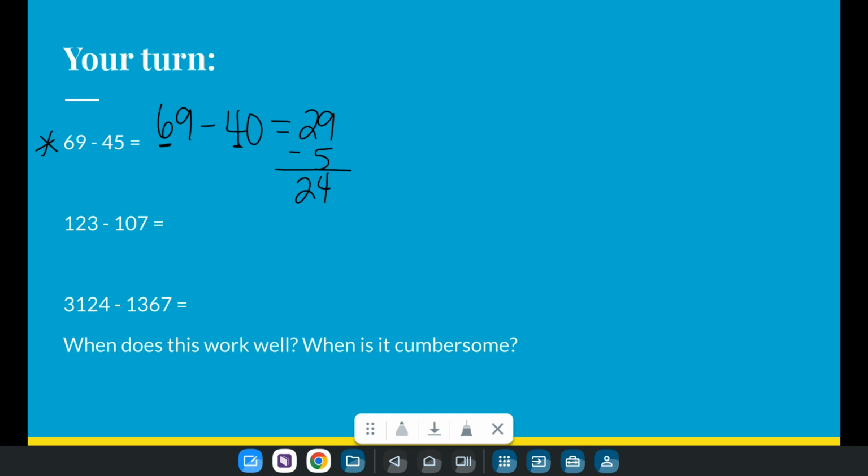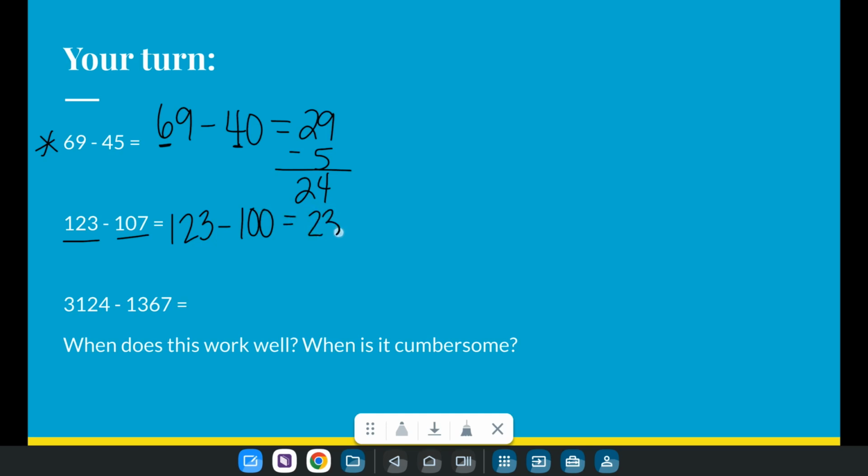if we know something about those combinations. Okay. If we're doing that same idea with these 3-digit problems, go ahead and pause the video, take a minute to try it with 123 minus 107. We're going to do it like this. We're going to hang on to 123, and we're going to subtract the hundreds place, okay, which is going to